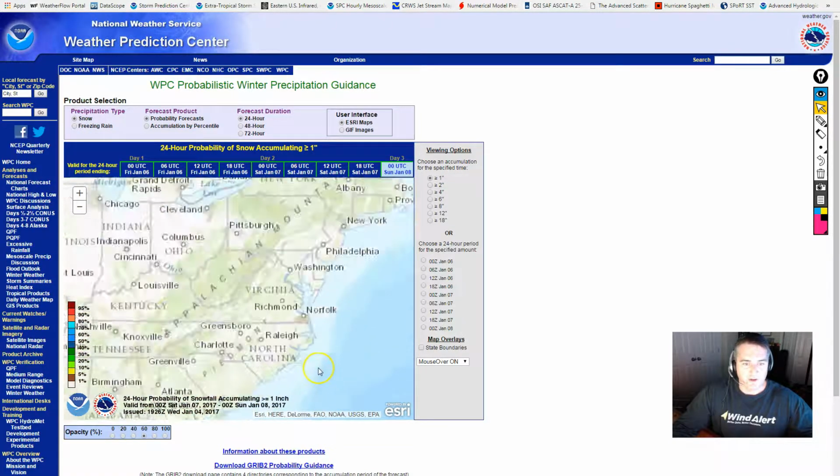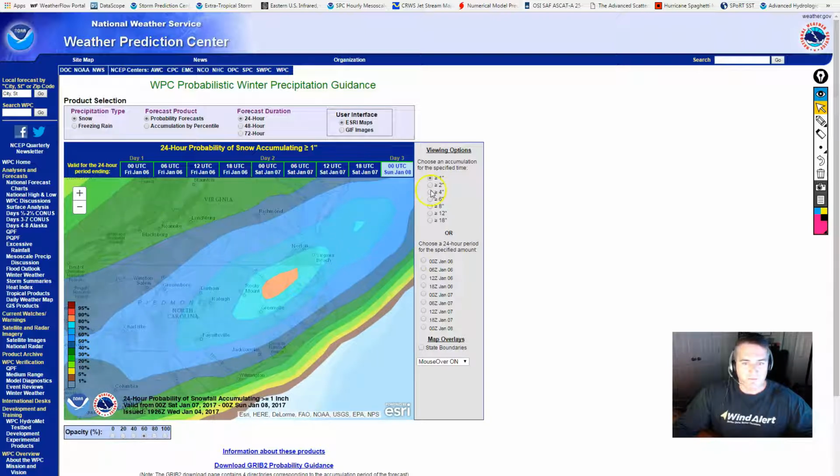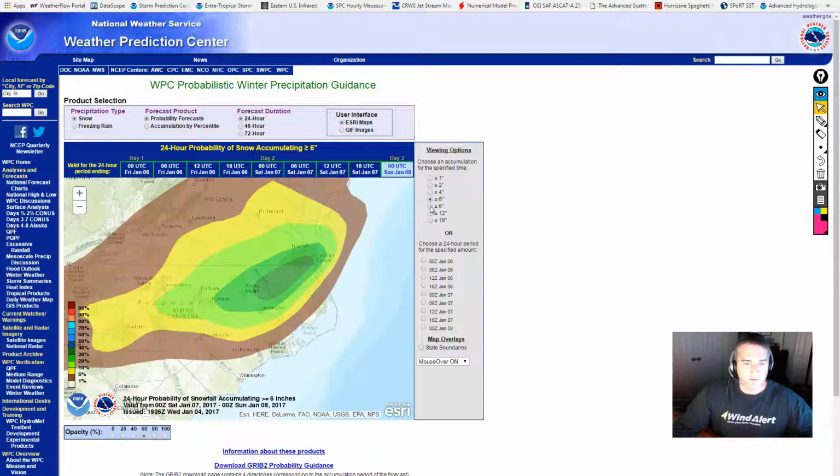run this through Saturday as well, we'll zoom in and we see up near Greenville, Rocky Mount, for greater than or equal to 4 inches, they're still in the 60% chance. Even greater than or equal to 6 inches of snow, they're still in the 30% chance. So this area is probably going to be primarily the one spot that sees the most, if any at all,